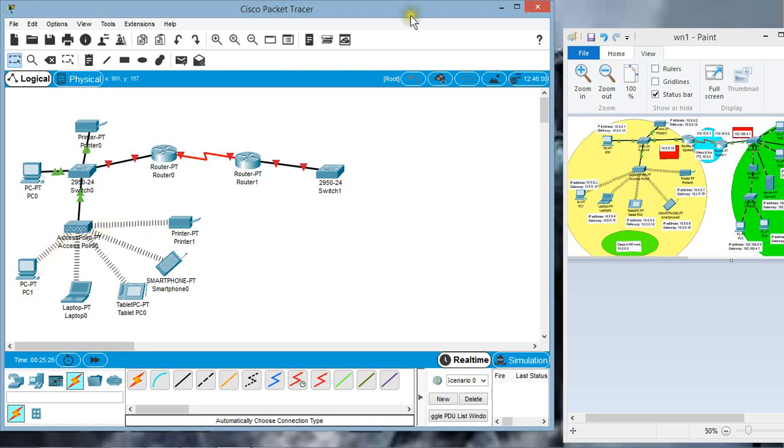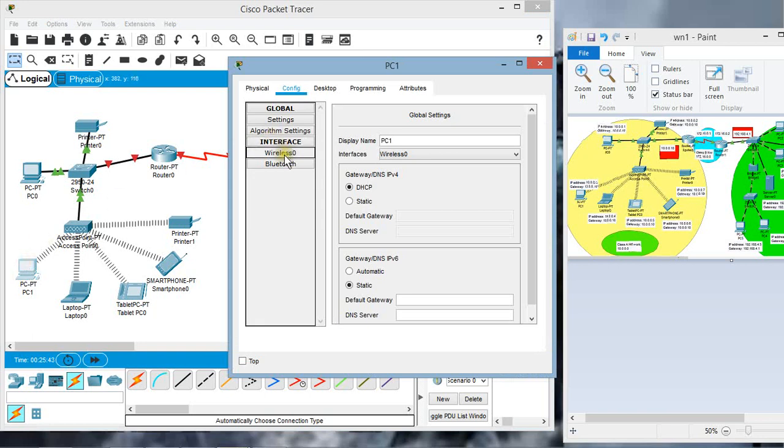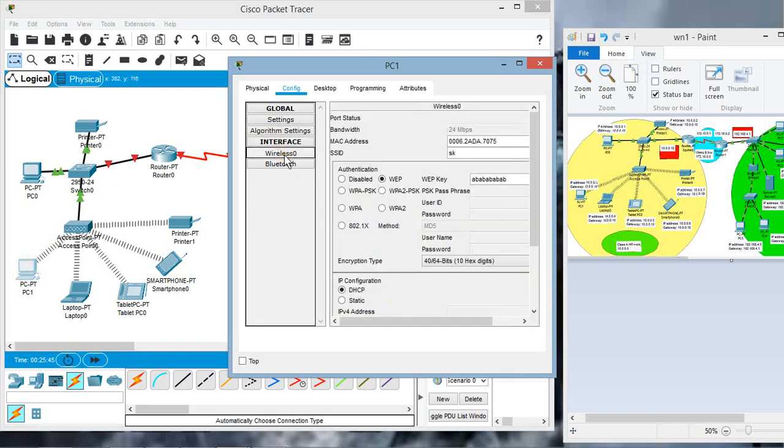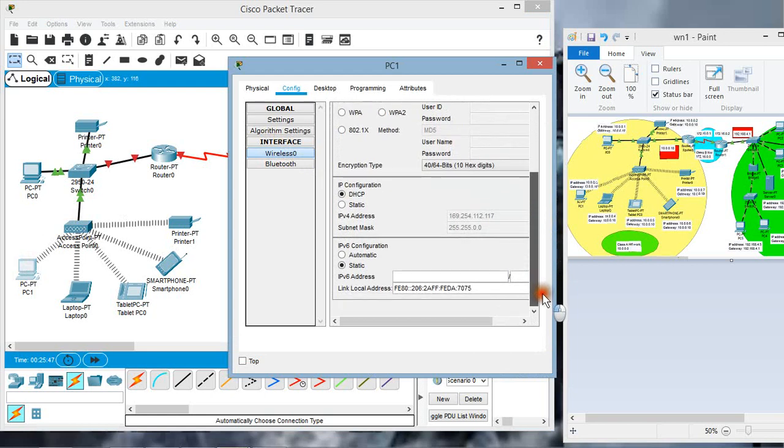Now let's configure the IP addresses on each of these devices. The WEP key is set. Now we have to configure the IP addresses. So let's do it for PC1 first. On PC1 we have to configure the IP address on the wireless 0 interface. We have to select the static configuration here for IPv4 address configuration. Let's say the IP address on PC1 is